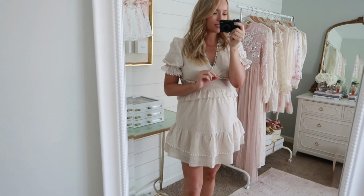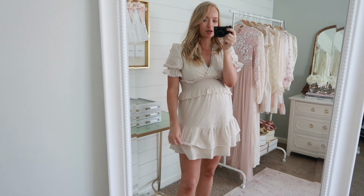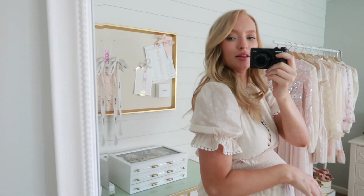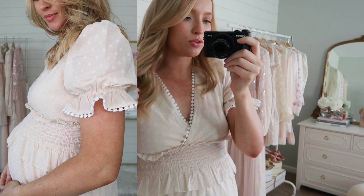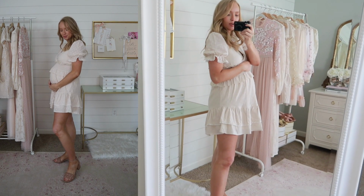So first we have this adorable dress. It just has so many pretty feminine details, from the double ruffle hemline, lots of ruffles throughout the torso, and then this really cute sleeve detail. And then I love this trimming all throughout. It is double lined. I will say it is on the shorter side,